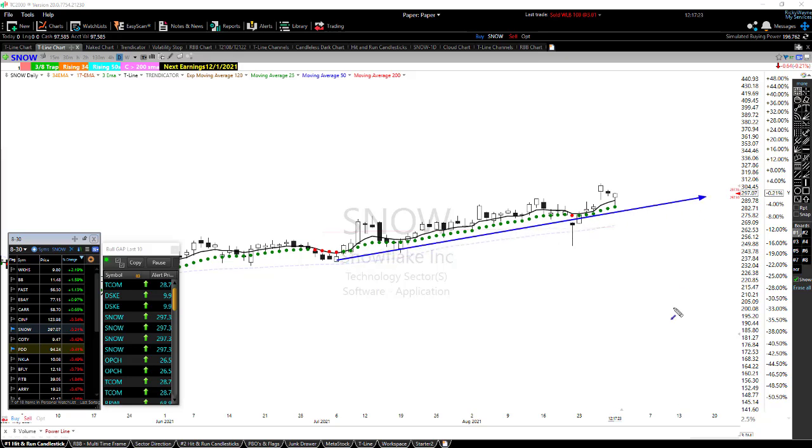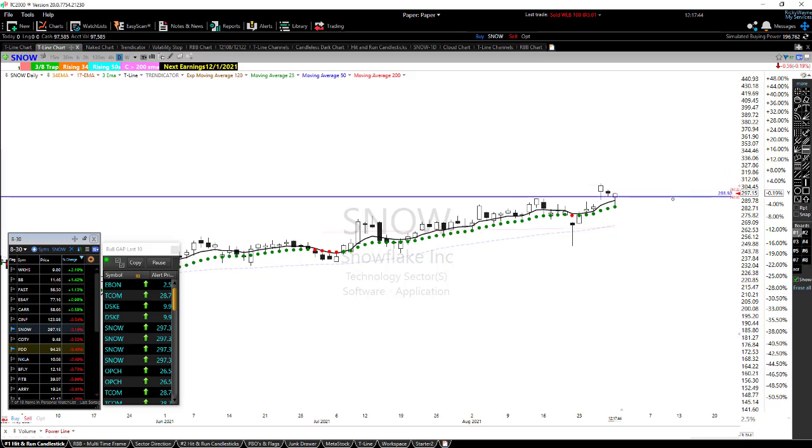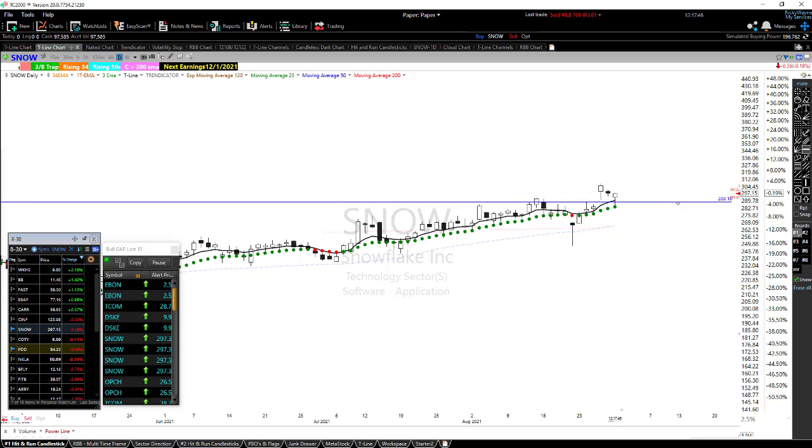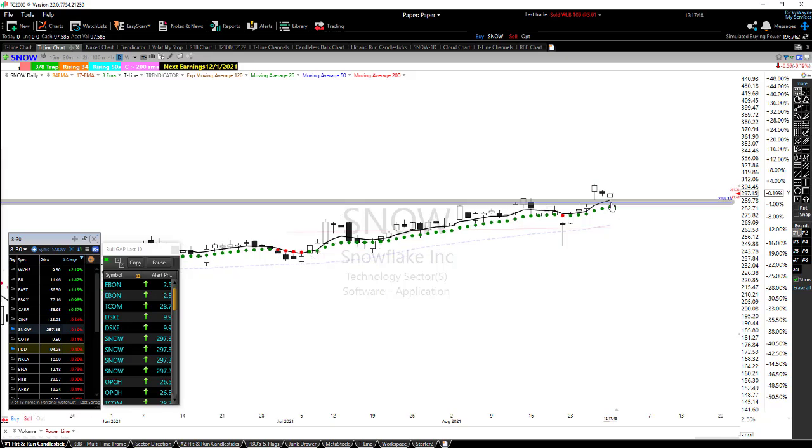We have a trend. We have a rally up that created a breakout. We have a pullback that has created a hammer. So I'm looking at this chart thinking, I like that. I think I'm going to put my stop right here. I think I might buy that. And now we're going to see what happens.